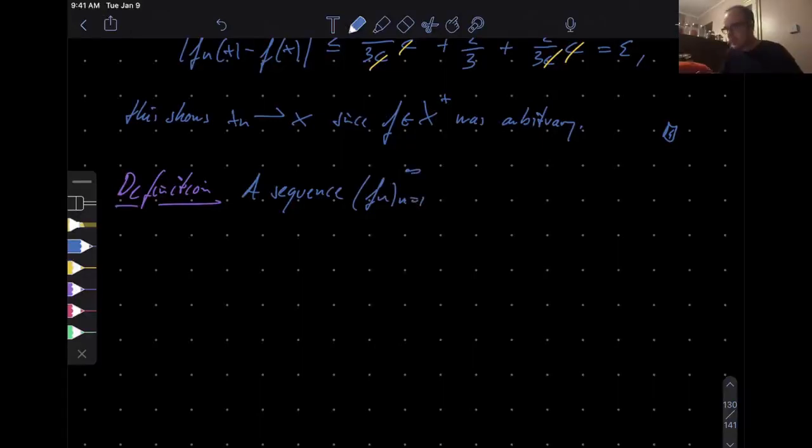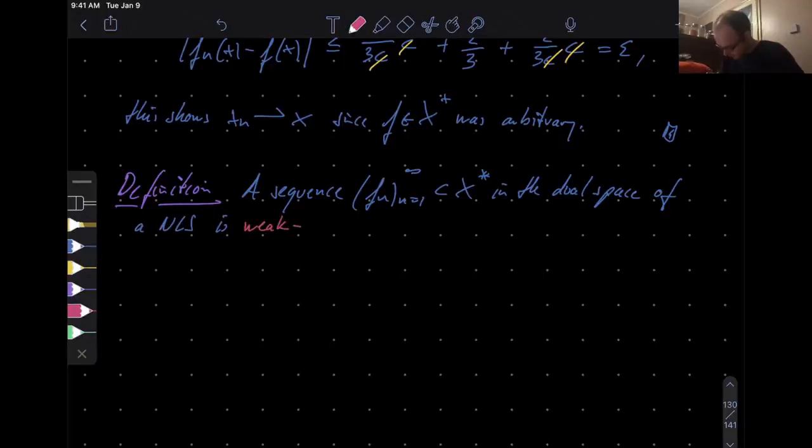So if you instead take a sequence of linear functionals in the dual space, well, the dual space is also a normed linear space, as we know. It's more than that, it's a Banach space. In the dual space of an NLS, we call a sequence, for lack of a better word, weak star convergent,